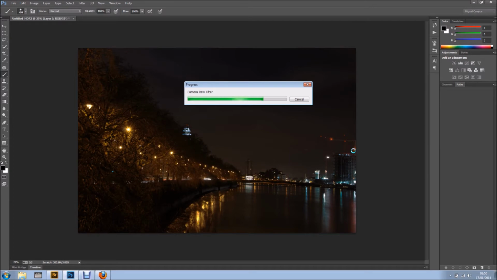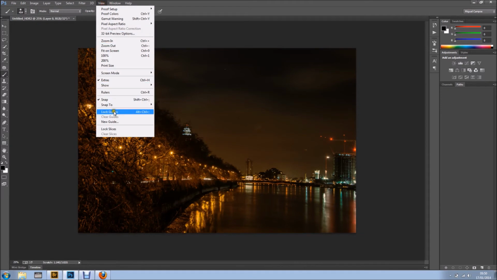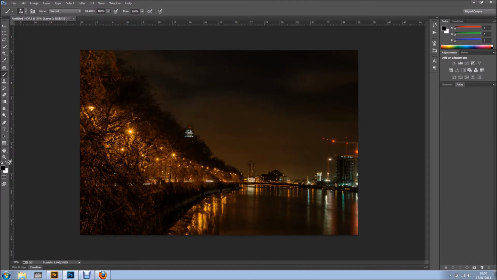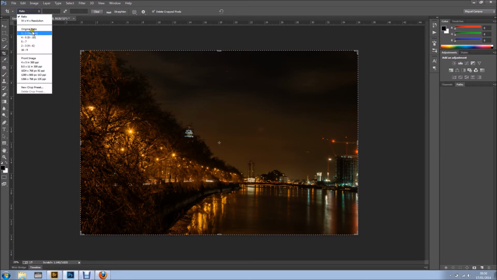And the first thing I'm going to do is just crop this, and as you can see, it's not very straight, this building right here. So what I'm going to do is bring my rulers, so I'm going to View, and show the rulers, and I'm just going to drag and see if it's straight, and it's actually not bad. Actually, it's fine as it is, so I'm happy with this,